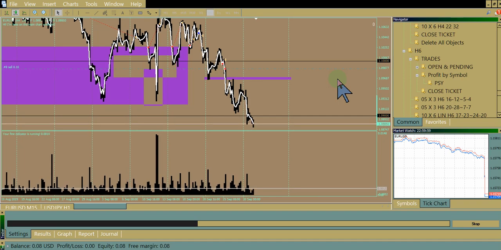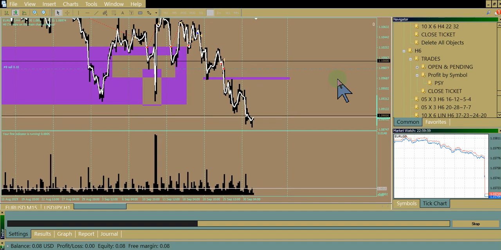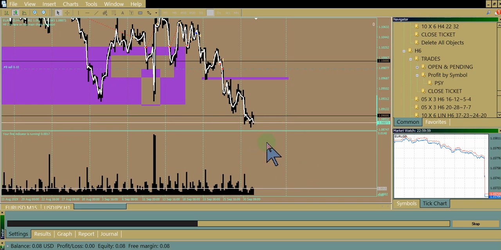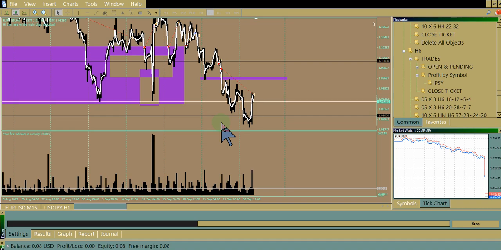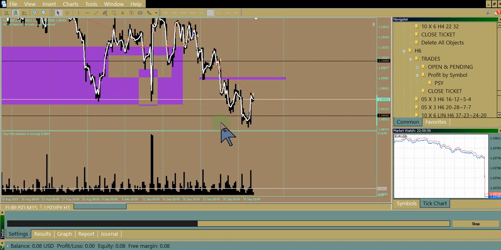So the breakout traders just got in there. They're riding it down. They have to be careful now because everything that happens now is happening under this price here. And I don't know how far back that goes, but people are cashing out now. So that is the exit. Now some sellers come in.